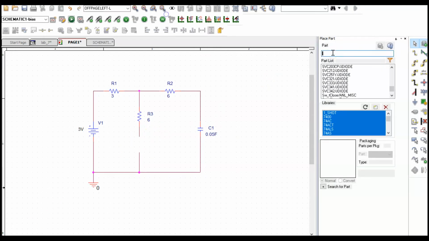So I'm going to go and search for the switch. It starts with SW, and note that it comes up immediately as I did SW_T close. So let me place that guy in. So I'm going to place that guy, and what you want to get is you want pin 1 to be